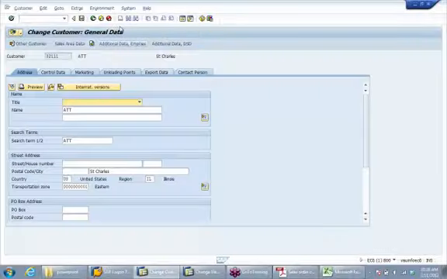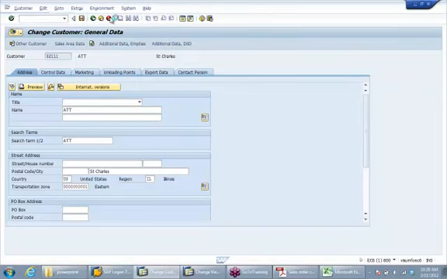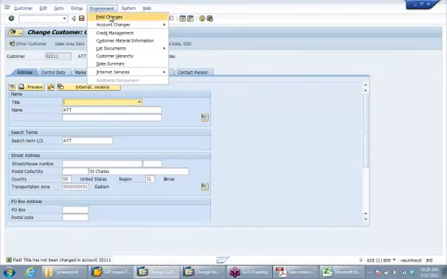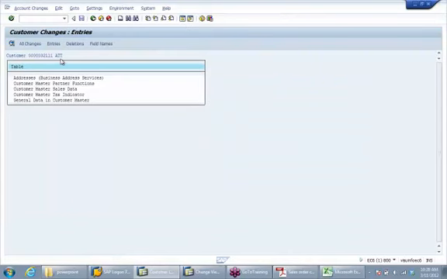Okay, so change log for a customer master is always, if you go to environment, you will see the change log. So if you see field changes, you just click on it and it will give you all the changes. Because I selected this field, it's giving you if there are any changes for this field title. So we didn't change anything. So if you go to account changes and all fields, now it will give you the changes for all fields. Okay, so just select